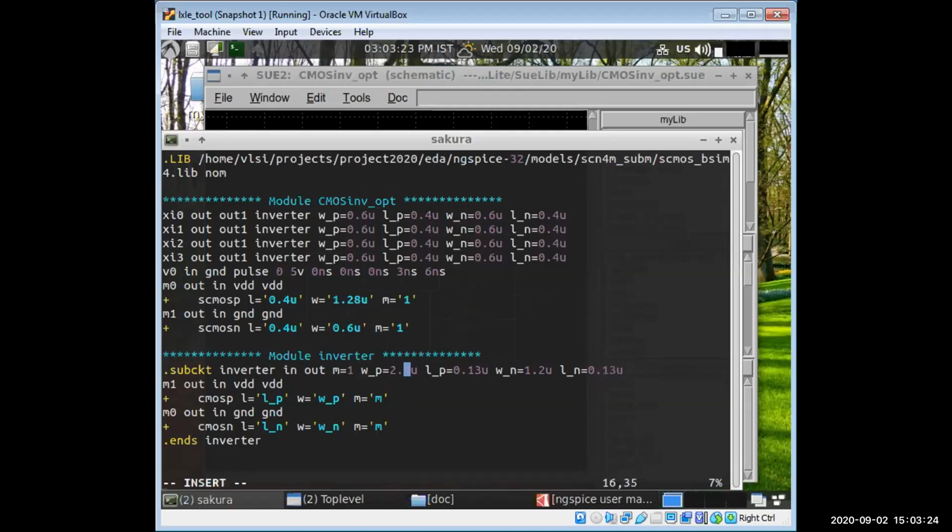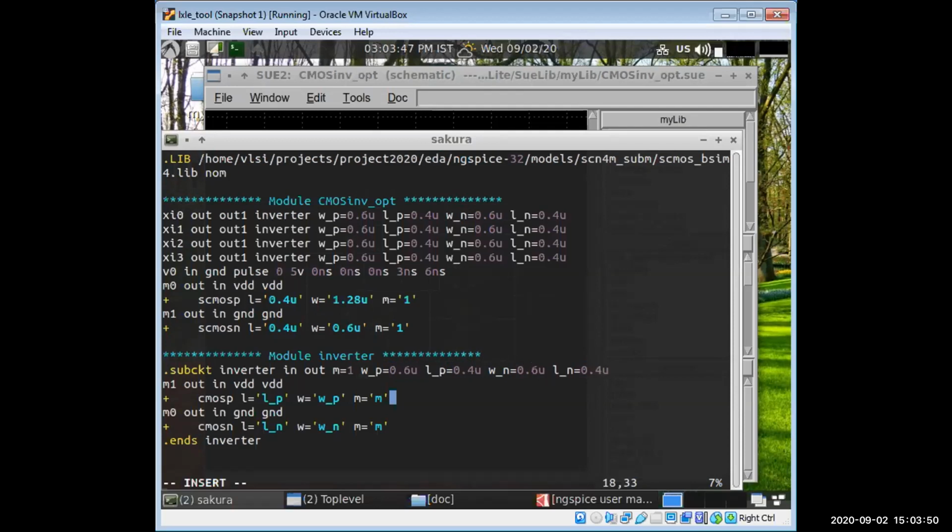So if we change here, it will be automatically changed there. So just change these sizes, because I have specified here 0.6 and 0.9 as we are considering it as fan out. So specify this width as 0.6, this as 0.4, this also 0.6, and this 0.4.